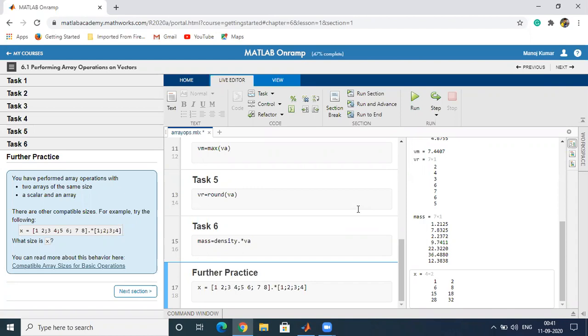So the first column is multiplied with the vector, and it will give the first column, which will be 1 6 15 and 28. Then the second column of the matrix, which was 2 4 6 8, was multiplied with 1 2 3 4 to get 2 8 18 and 32.